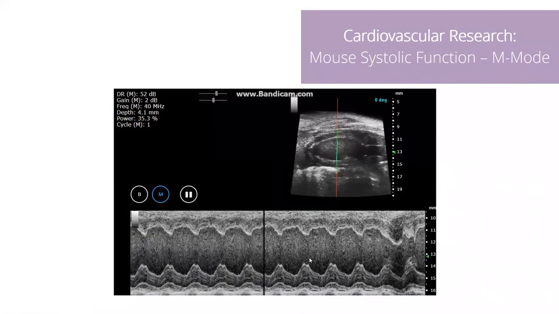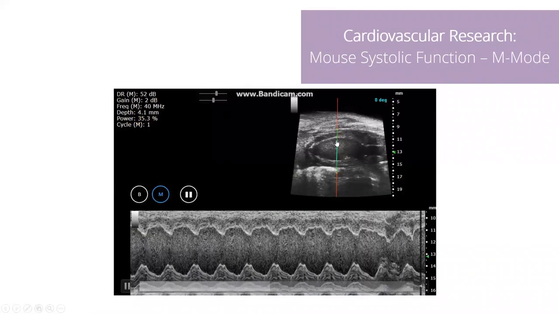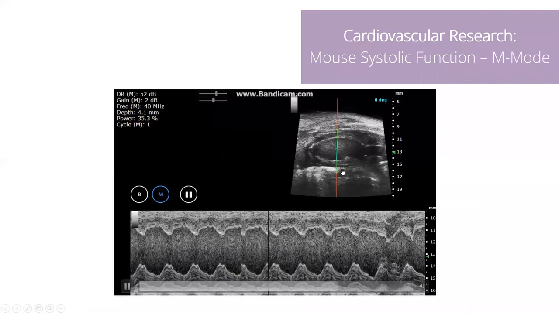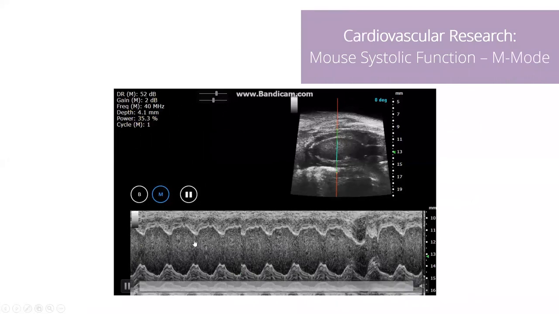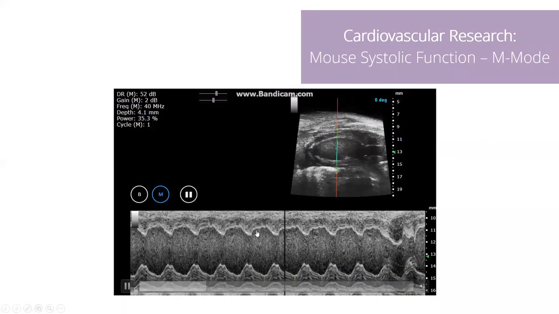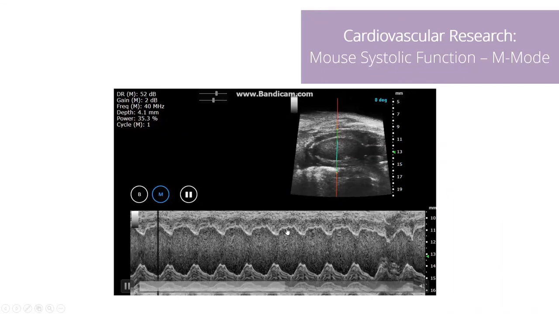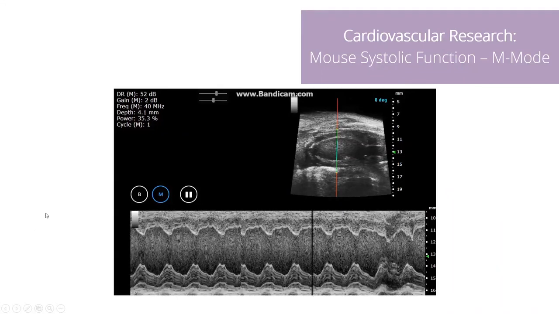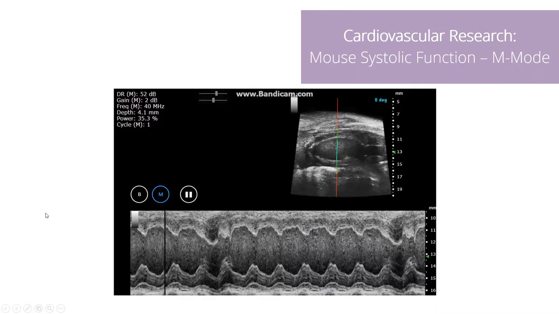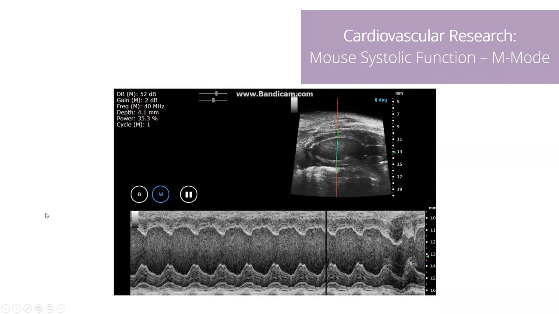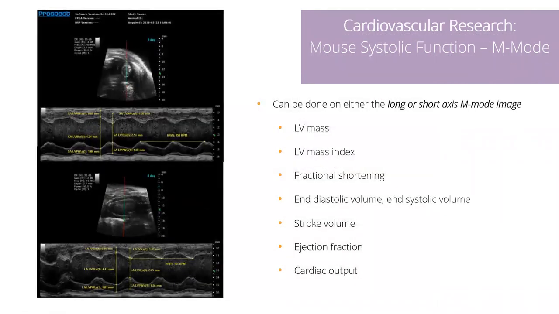We talked about M-mode earlier. So again, here we're looking at the motion of the heart across a specific point in time. And again, we're seeing the heart as it moves through diastole into systole, diastole, and systole. And this mode is often used to make measurements of systolic function in many of the publications that are out there. And from here, what we're going to do is make linear measurements. And we can make multiple